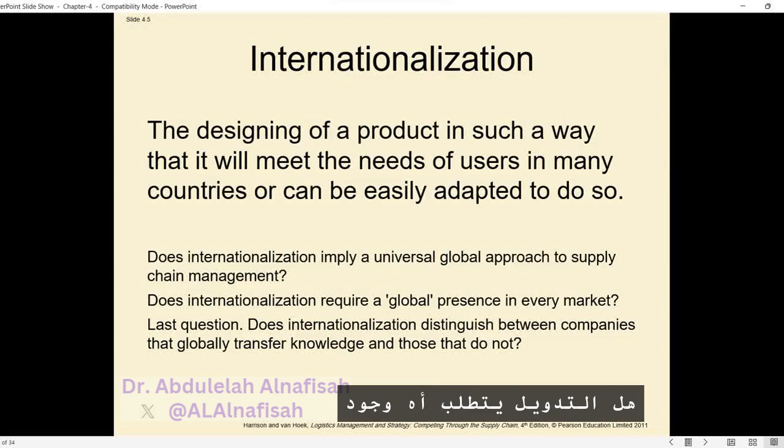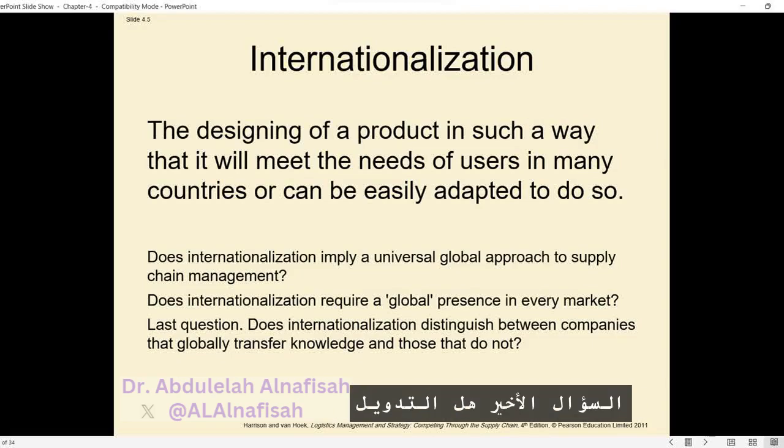Does internationalization require a global presence in every market? Again, the answer is presented as no. Companies like Coca-Cola and Procter & Gamble have abandoned the idea of a universal product, marketing, and production model in favor of local brands and product varieties. While localization is not the new mainstay, there is a shift between local and global extremes, where companies like Procter & Gamble and Unilever will find themselves competing in a new area.